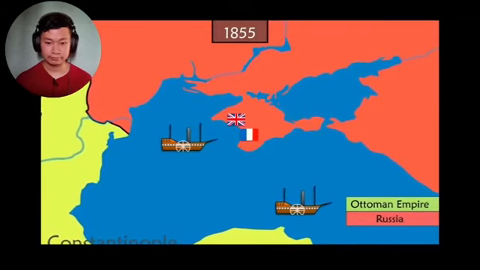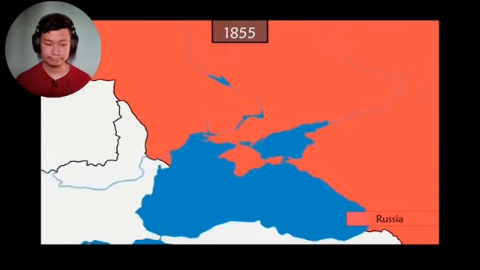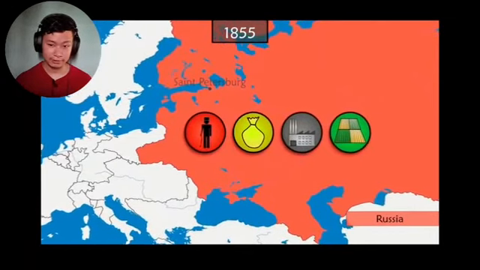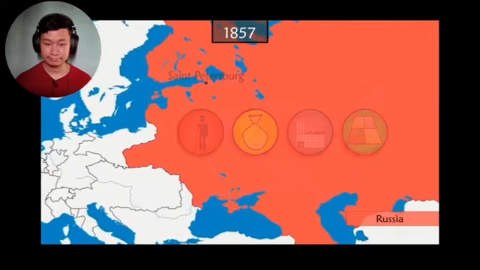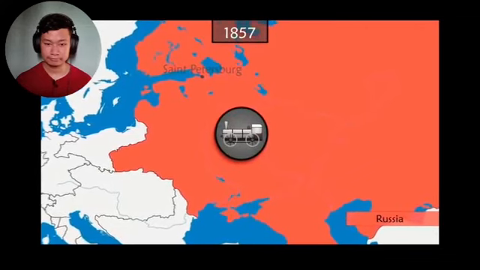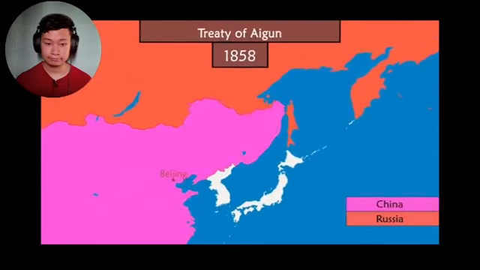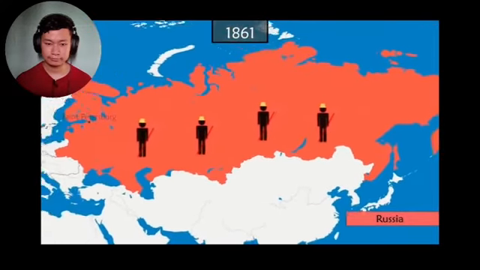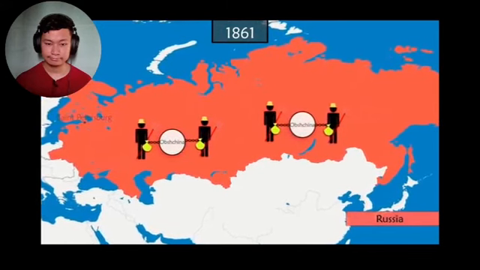After the death of Nicholas I and the peace signed by Alexander II, Russia realizes that it's far behind in development in the military, economic, industrial, and agricultural spheres. The new emperor decides to reform and modernize the whole country. He first accelerates the development of railroads to facilitate access to remote regions and their resources. In the Far East, taking advantage of China's decline, Russia pushes back the border to the Amur River. Alexander II then frees peasants from serfdom, but they are now linked to their communities and must go into debt to buy back the land they cultivate.